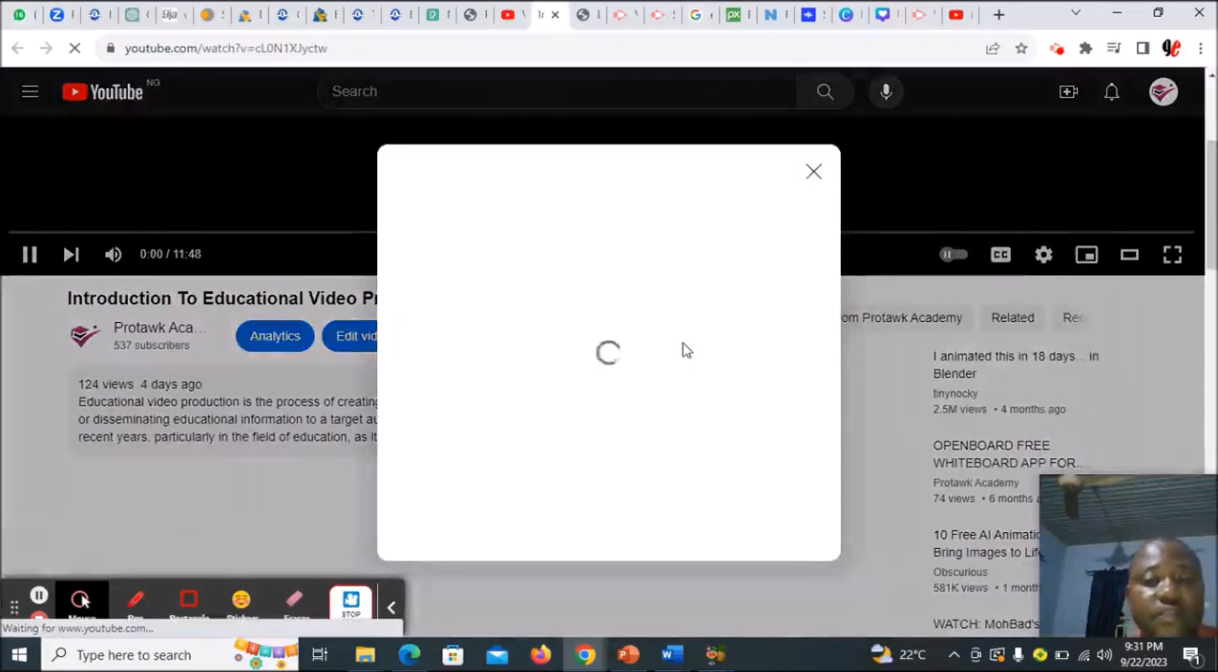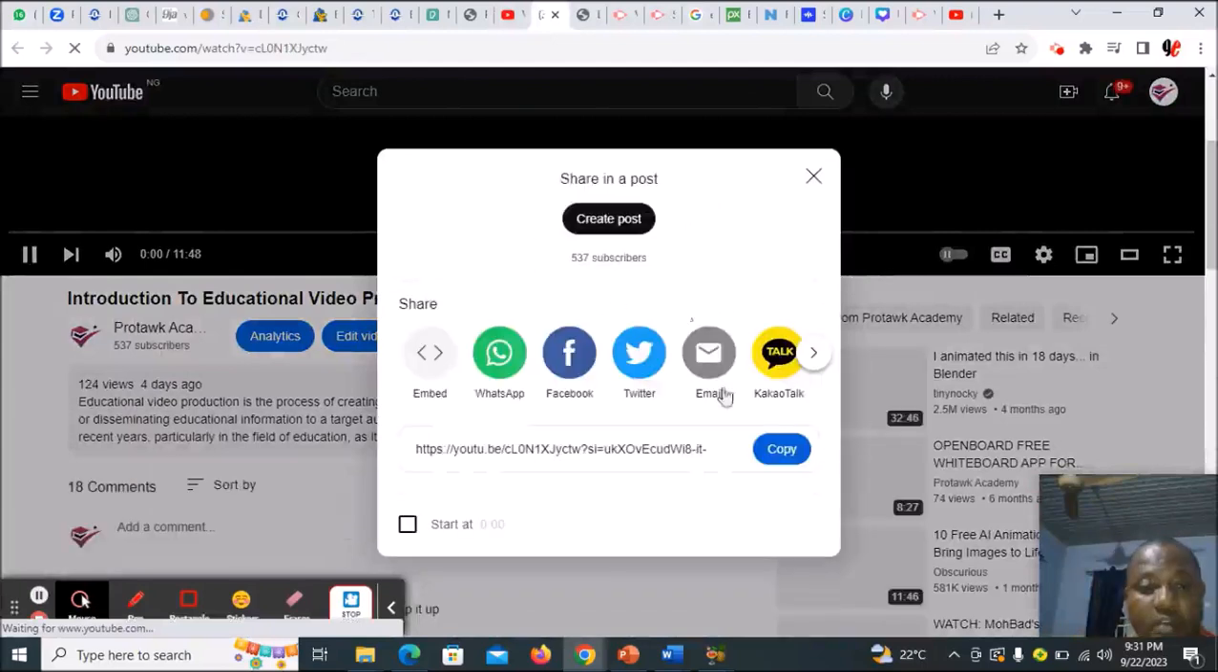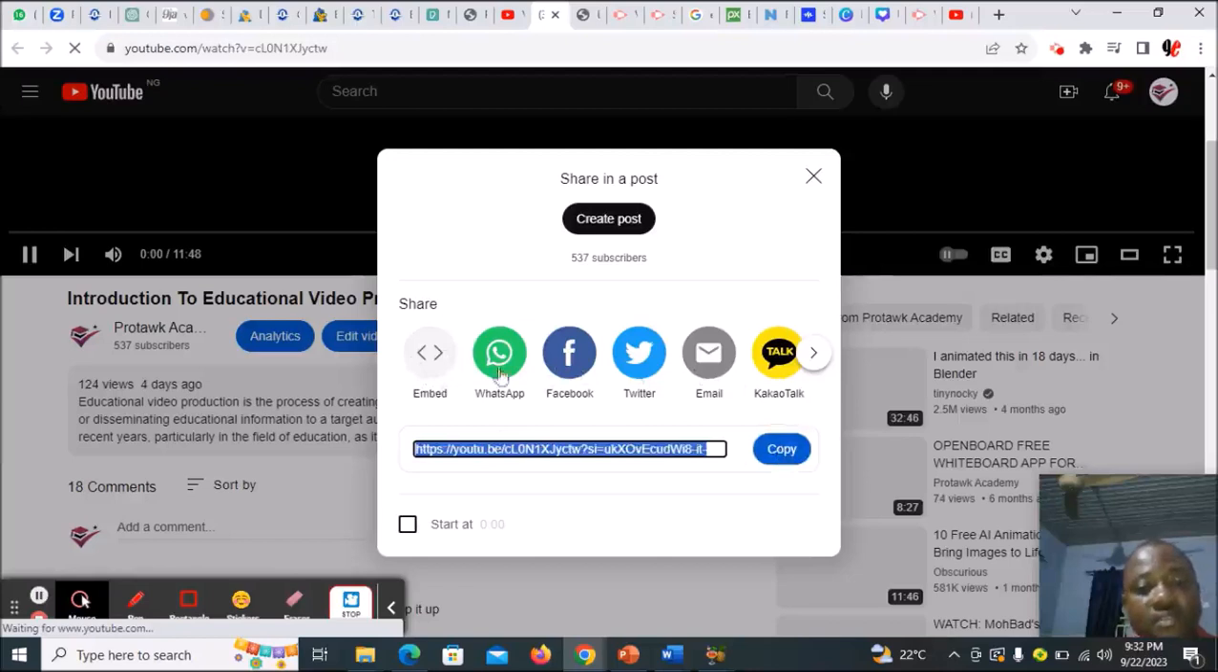share. When you click on share, the share dialog box will come up for you to select the option you want to share. Okay, you can see it. I can embed, I can share on WhatsApp, I can share on Facebook, I can also copy. If you copy this link, you can paste it on your school website or smart campus. You can also paste it